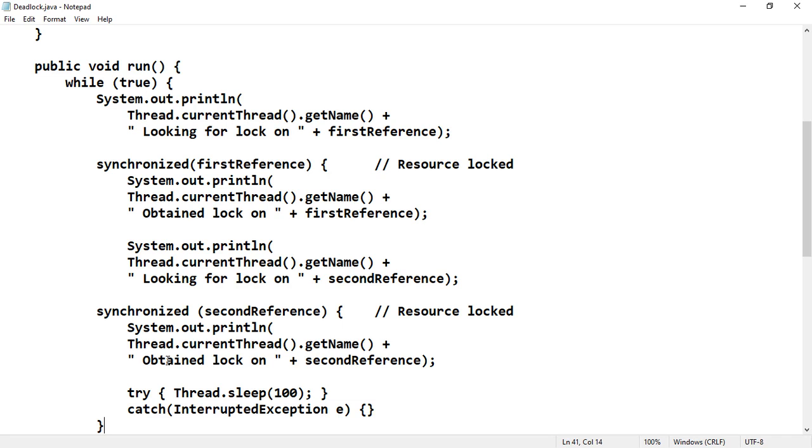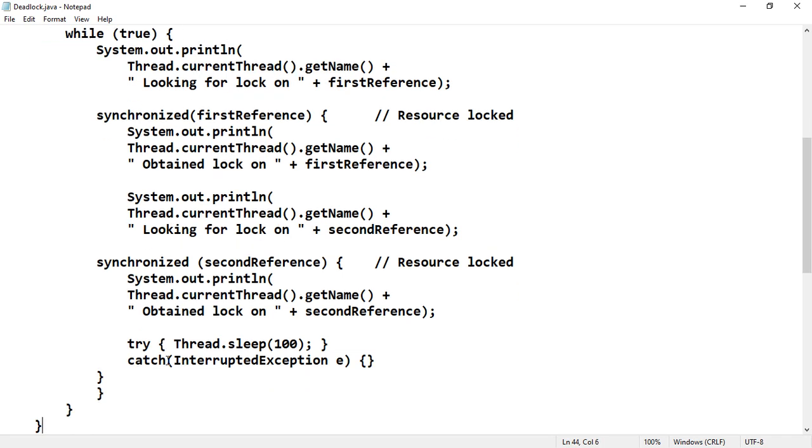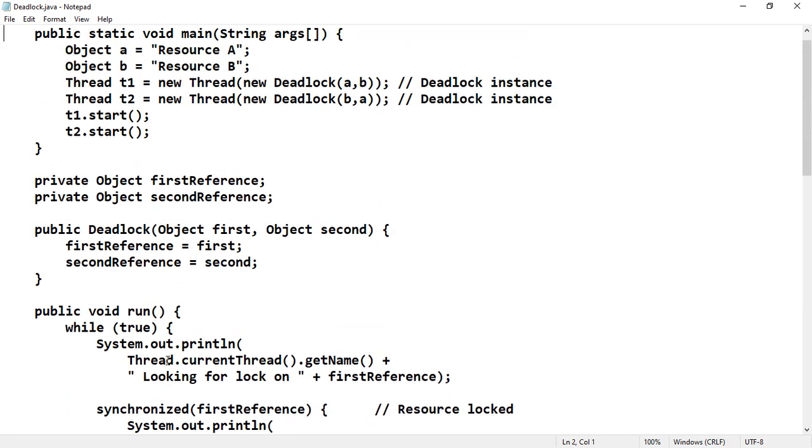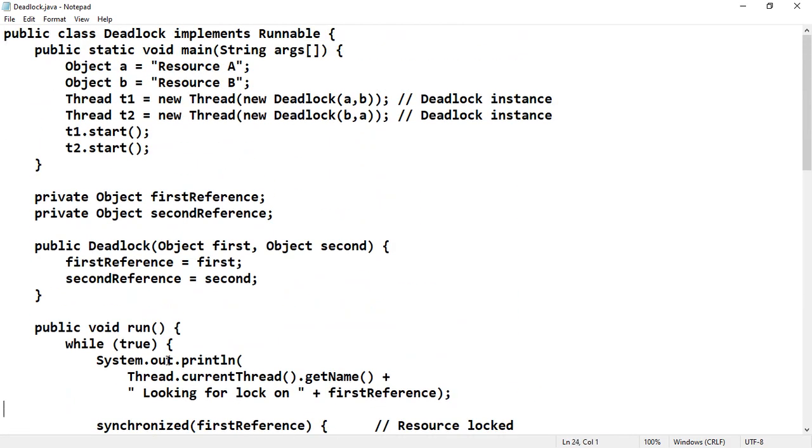Since it was kept in the while loop, we made a Thread.sleep call so that we can visualize how this lock is requested, acquired and released. So this is a simple program that was written to represent the deadlock.